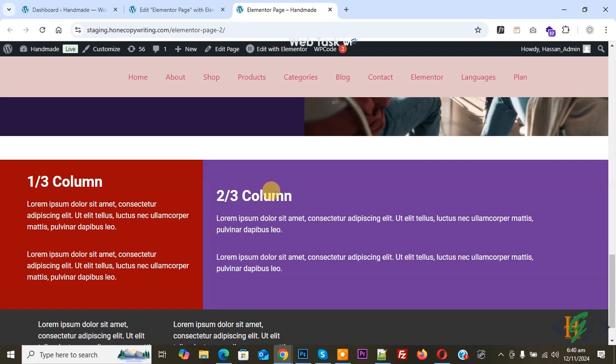Bismillahirrahmanirrahim. Assalamu alaikum. My name is Hassan and today we are going to hide container widget column for specific browser